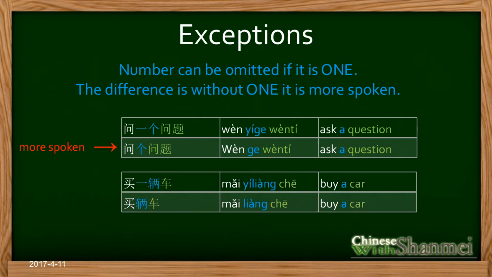Another example. You can read after me. 买一辆车，买一辆车。The second line, without 1, you can read after me. 买辆车，买辆车。The difference is 买辆车 is more spoken than 买一辆车。